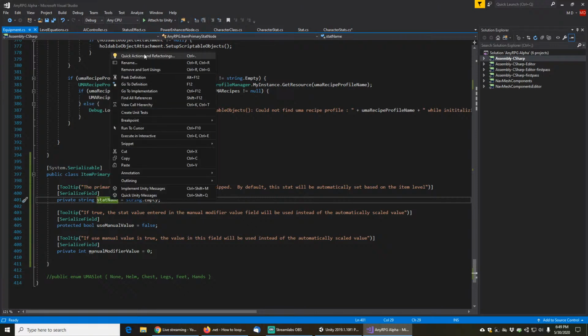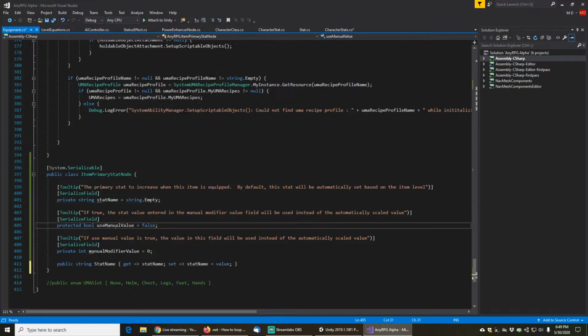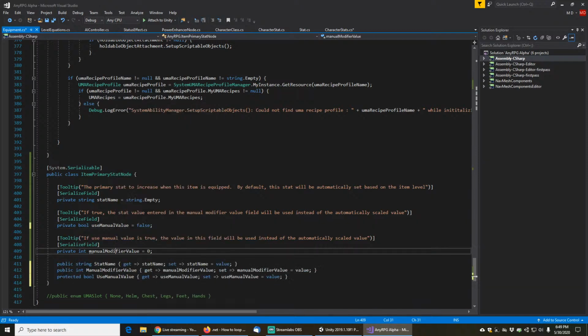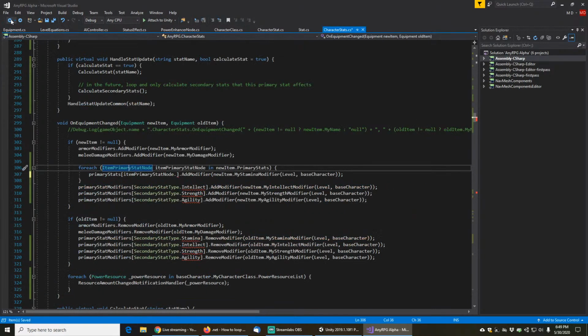So quick actions and refactoring, encapsulate that. Perfect, and now we can access stat name. So then we're going to add modifier, and the modifier is going to be the, let's see, item primary stat node dot